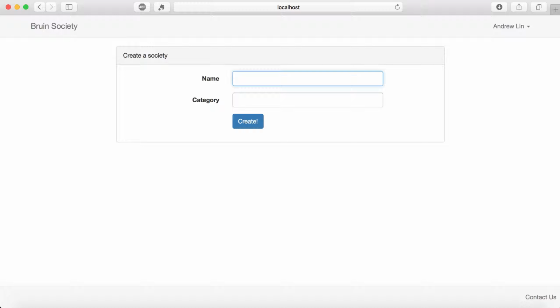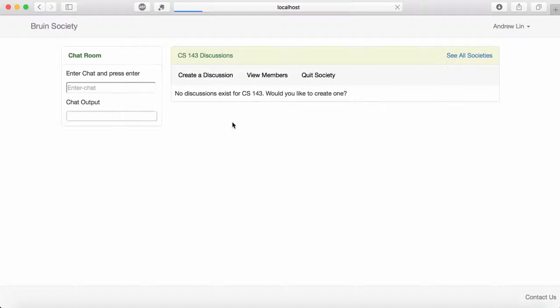So for example, we might want to make a new society for one of the classes we're making or taking, such as CS143. And so each society gets its category, and the category is basically just a way for other students to more easily find your society. And we want it to be really flexible because we want any of the societies to be able to be used for any school related use. So that's why the categories are all user defined, the names are also user defined, and